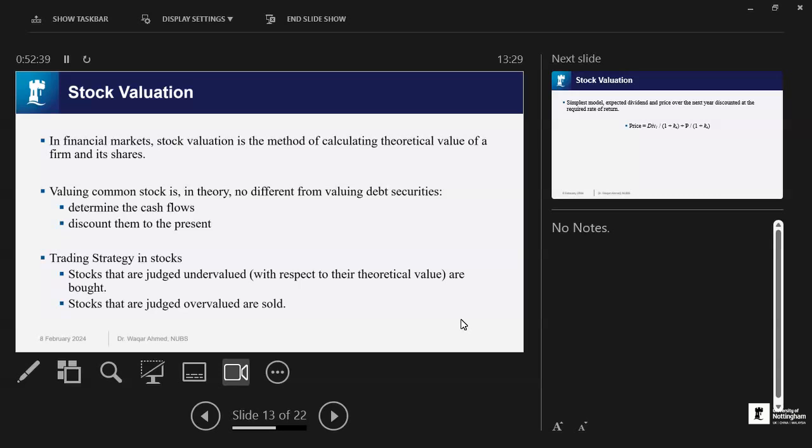Valuing common stock in theory is no different from valuing debt securities. So this is what I told you. Valuing equity is essentially the same formula, except that the cash flows change form. So instead of interest, as in the case of debt, they will translate into dividends in the case of equity and changes in stock price, which we call